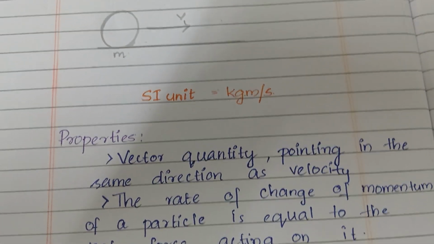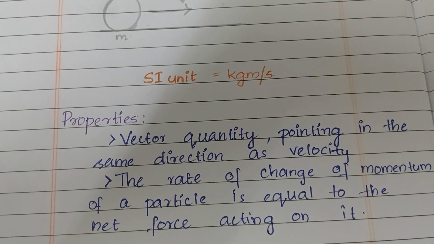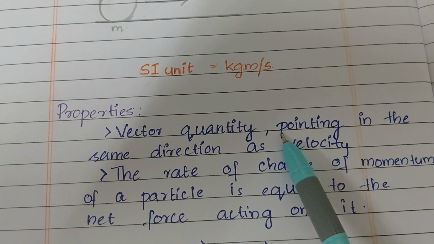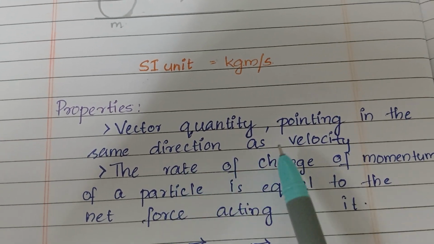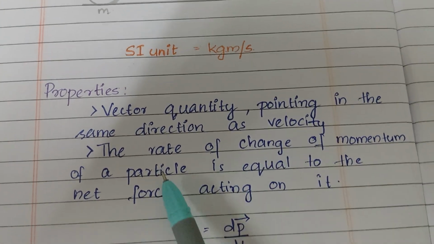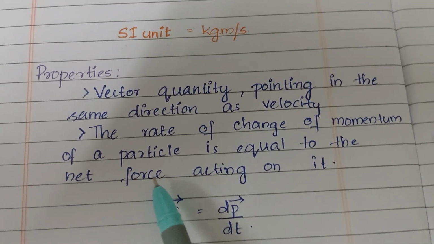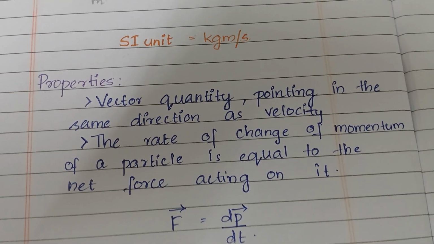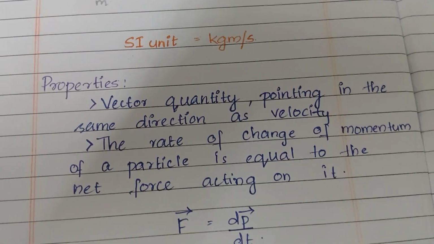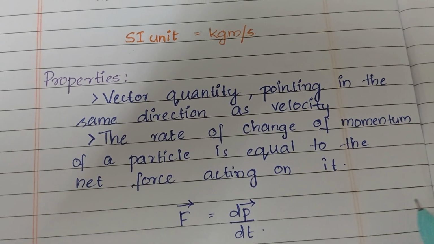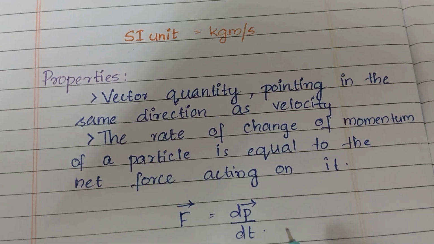Now we are going to discuss the properties of linear momentum. Linear momentum is a vector quantity pointing in the same direction as velocity. The rate of change of linear momentum of a particle is equal to the net force acting on it. F is equal to dp by dt. From this equation, we derive the equation for force F is equal to ma in Newton's second law of